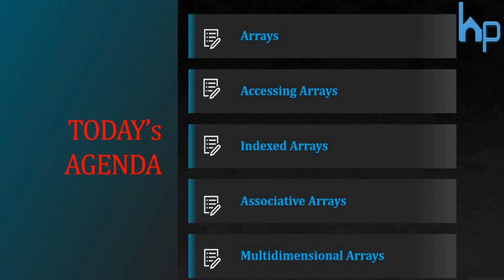In today's session, we are going to learn about arrays in PHP, right? So before getting into arrays in PHP, let me define what exactly arrays are. Arrays are nothing but a collection of similar data items. Consider an example of a supermarket. In a supermarket, you can find a set of items arranged in racks. So we can literally divide the supermarket into n number of sections, which are nothing but n number of racks, right?